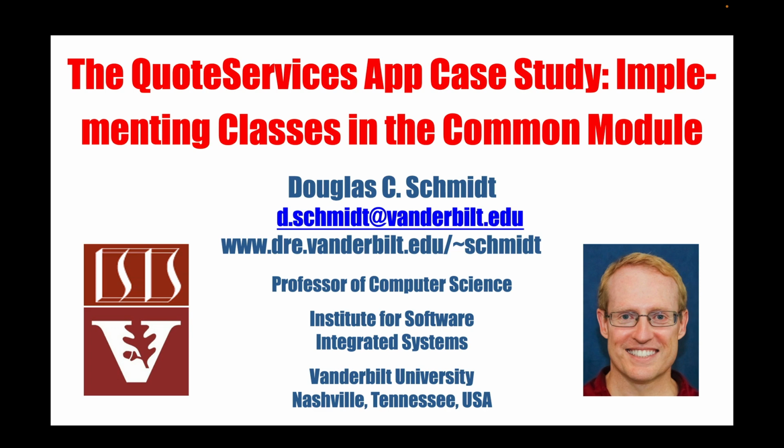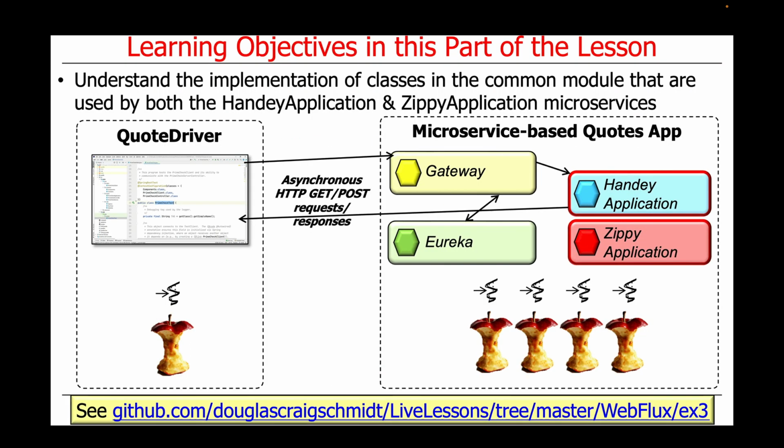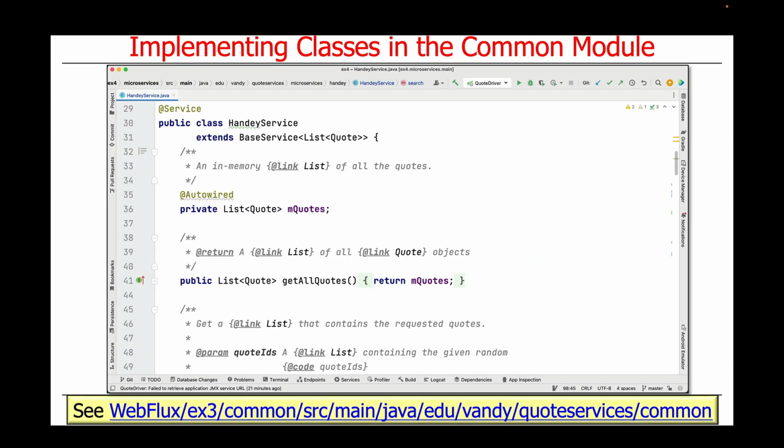So now that we've talked about the structure and functionality of the common module in our QuoteServices app case study, let's take a look at implementations of the various classes. So things like the quotes class, the base application class, and the array utils class. And as usual, you can find all of those implementations at this link in my GitHub repository, my live